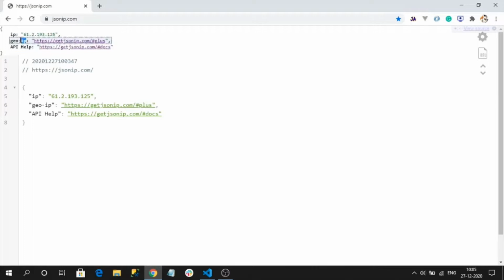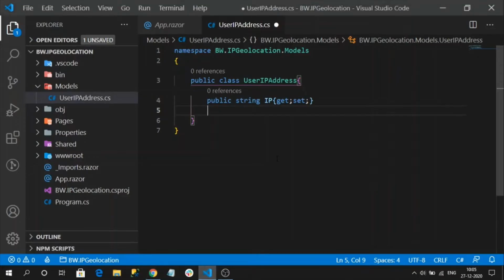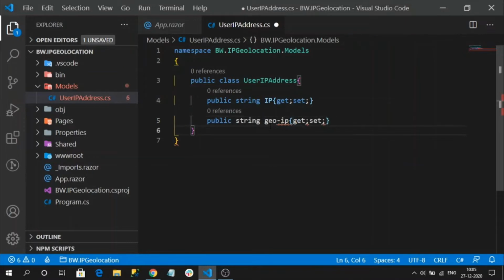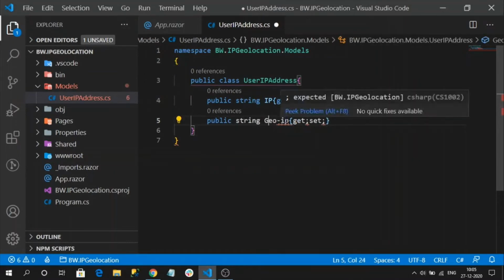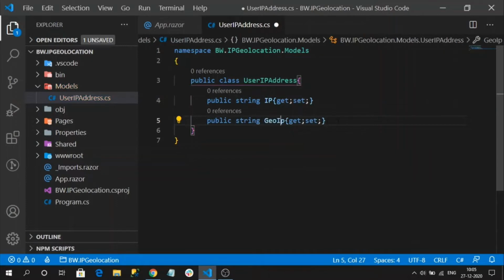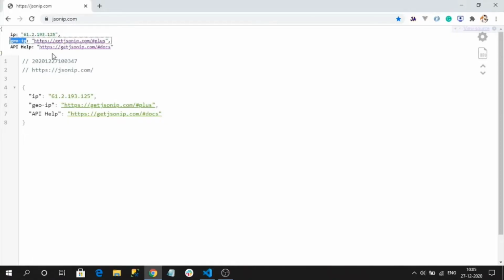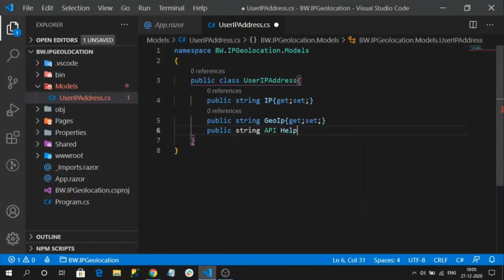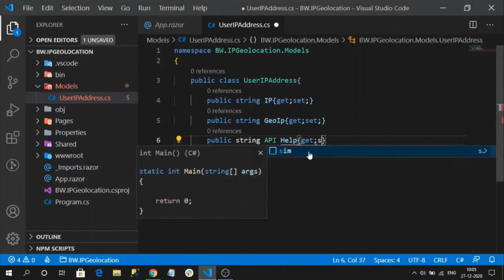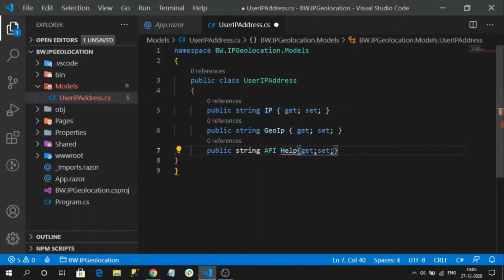Another one is GeoIP, right? I will name it nicely, that is recommended in C#. So these are all the properties from the IP address API, right?